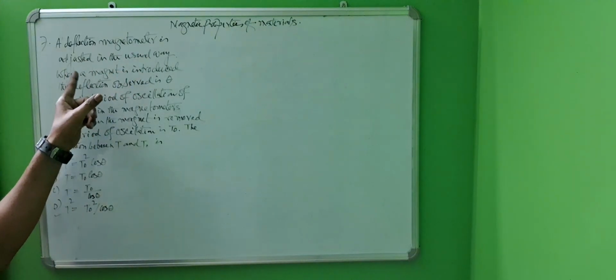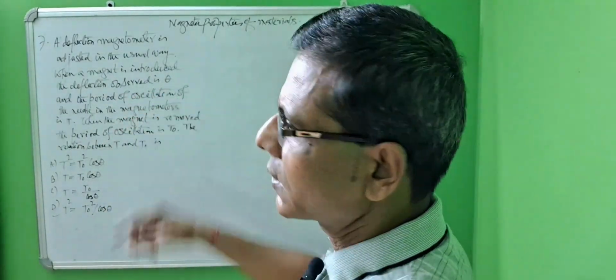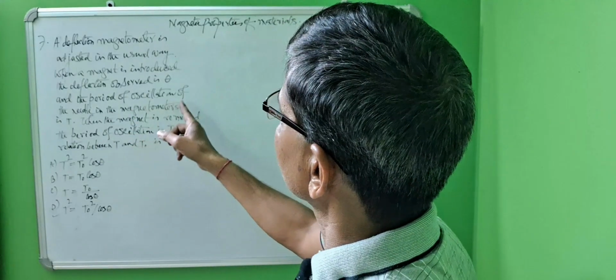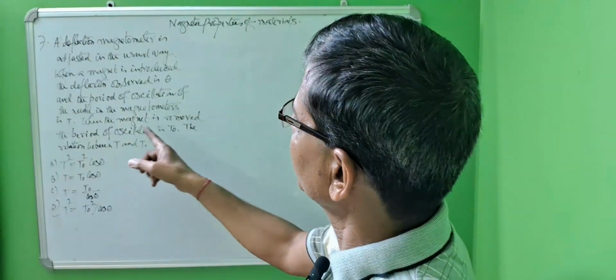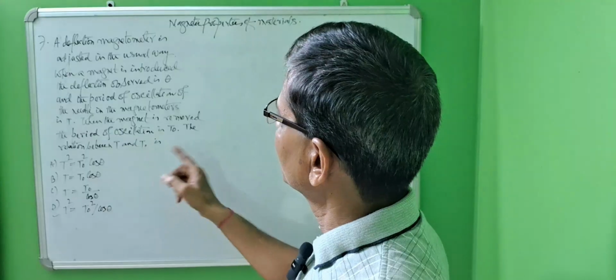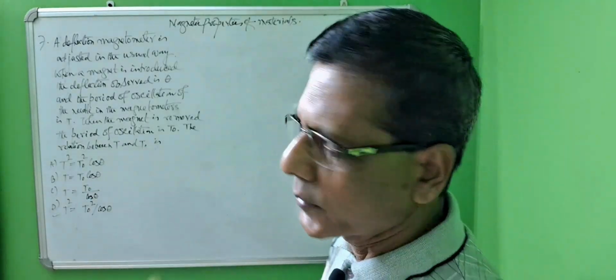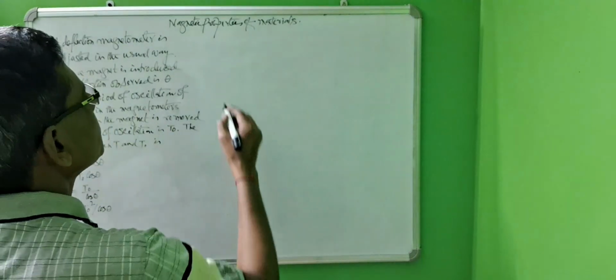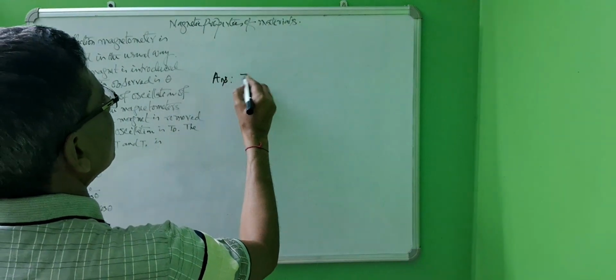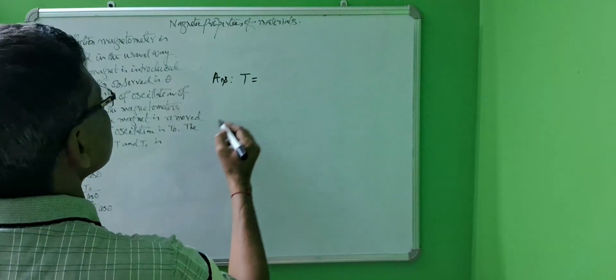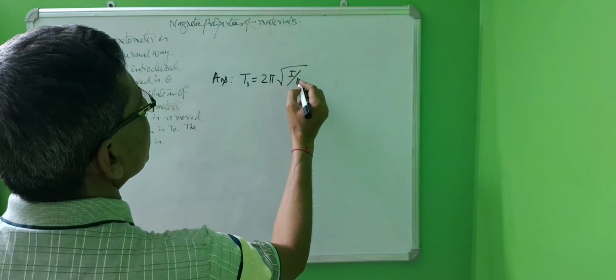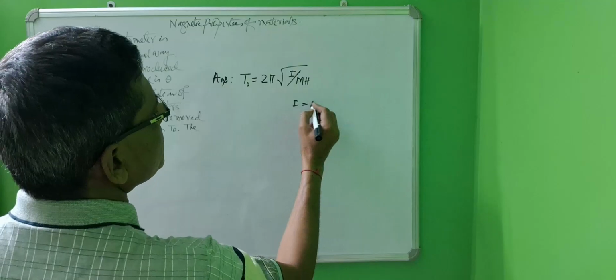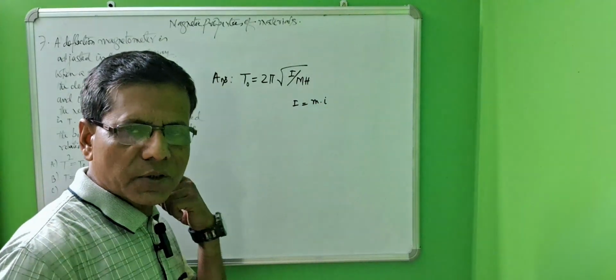A deflection magnetometer is adjusted in the usual way. When a magnet is introduced, the deflection observed is theta, and the period of oscillation of the needle in the magnetometer is T. When the magnet is removed, the period of oscillation is T0. The relation between T and T0 is given. So we know T0 equals twice pi root over I by mH, where I equals the moment of inertia of the magnetic needle